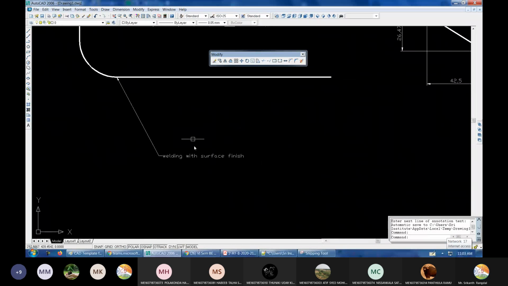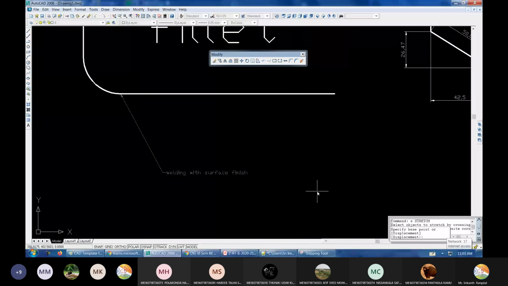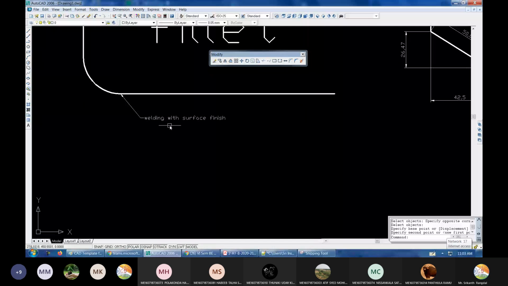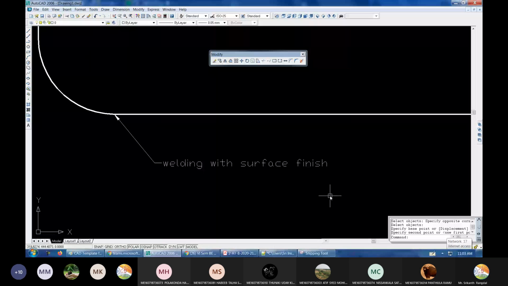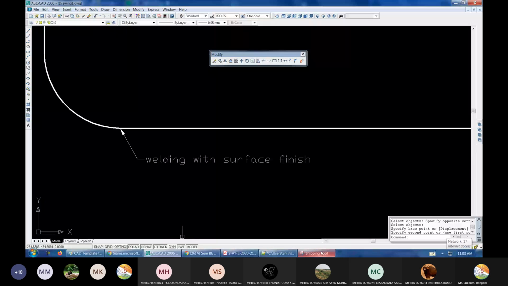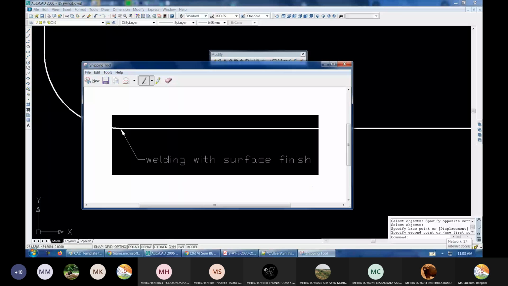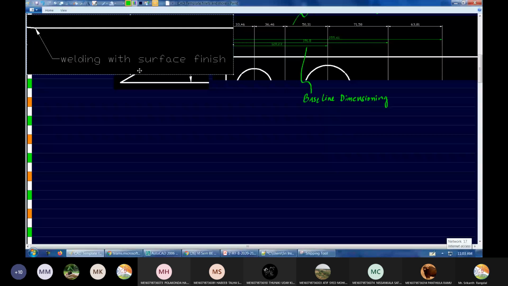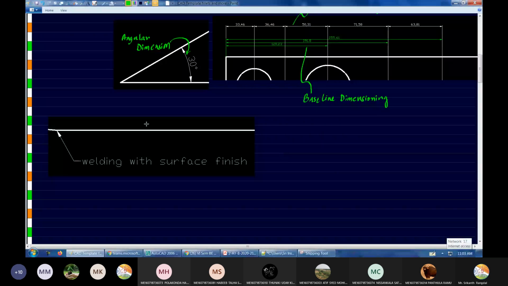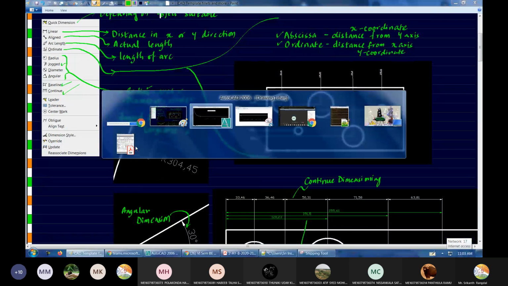You can see this is having an arrow here. An arrow is pointed here, and it is giving some text. So this is how the leader dimension will work. Leader dimension is used whenever you have to provide a text to explain some things. This is what a leader is.